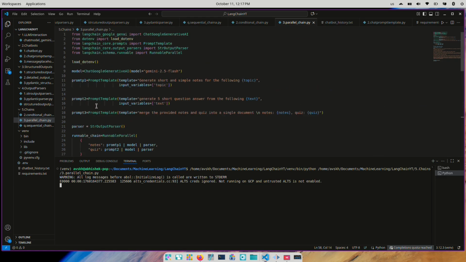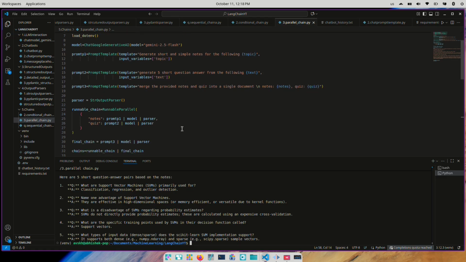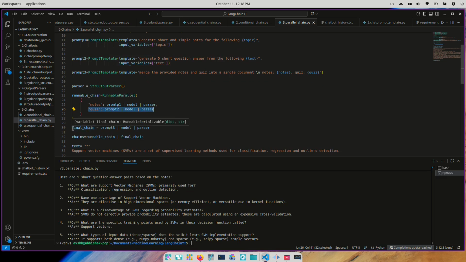While the code is running, let's go up. We have prompt 1, which generates a short and simple note about the following topic. Prompt 2 is generating short answer questions on the following topic. And then prompt 3 is about merging the output from prompt 1 and prompt 2. We have a parser, and then I have initialized a runnable chain where we run these two chains in parallel at first, and then the output of these two chains is merged with the final chain,